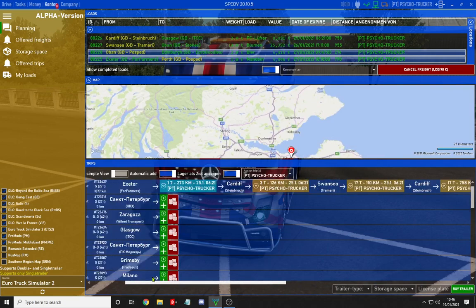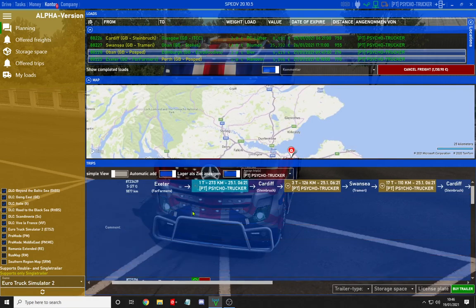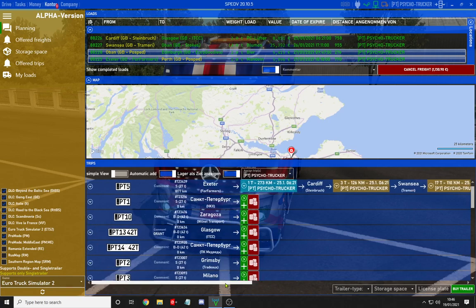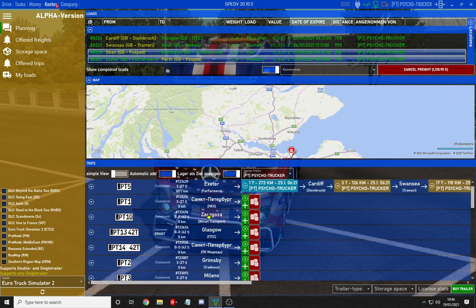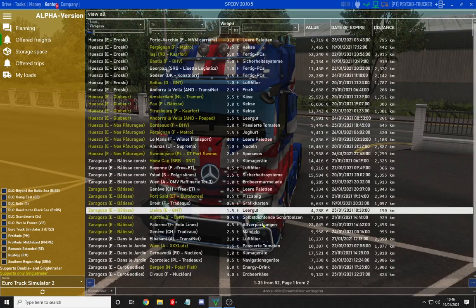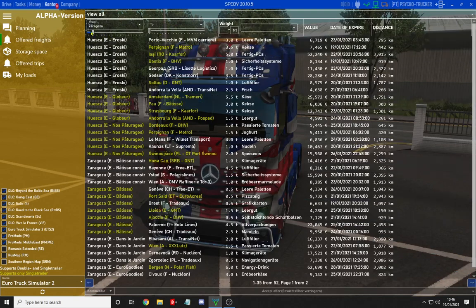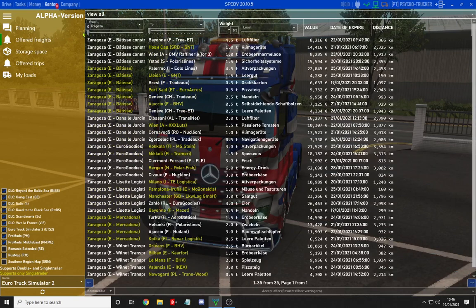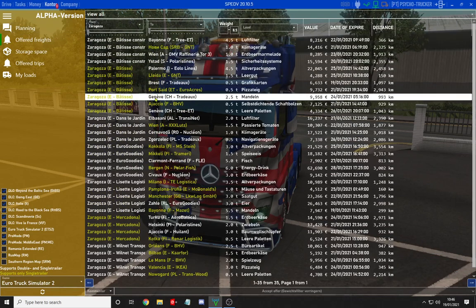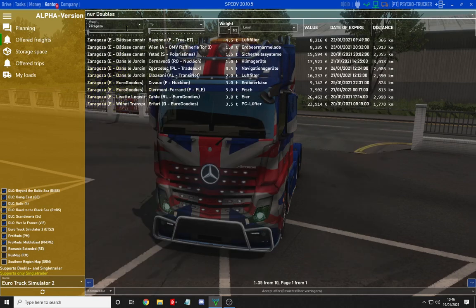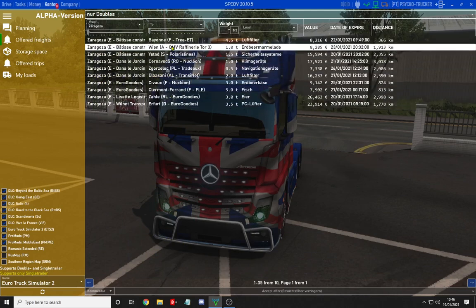If you just want to pick something going a longer distance with a fuller load, say I've got a 42 tons trailer here in Zaragoza, so where do I want to go? Let's have a look what we've got. Right, as you see, you've got white and yellows. If you just want only doubles, click at the top and you have this here, near doubles, which will give you a list of all the double trailer only destinations,